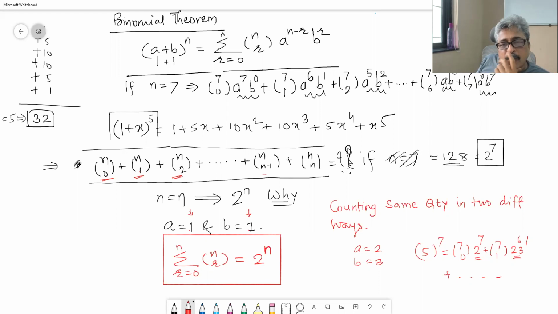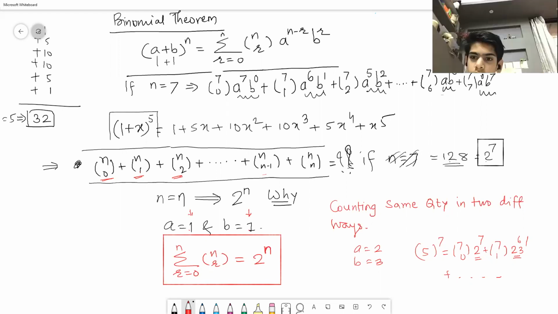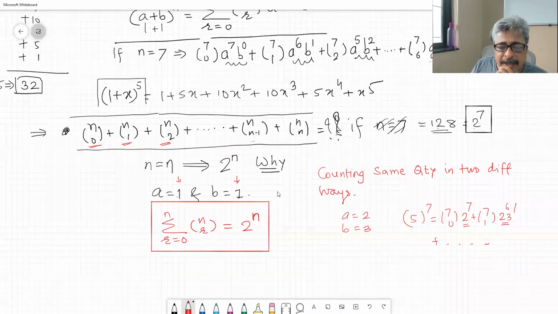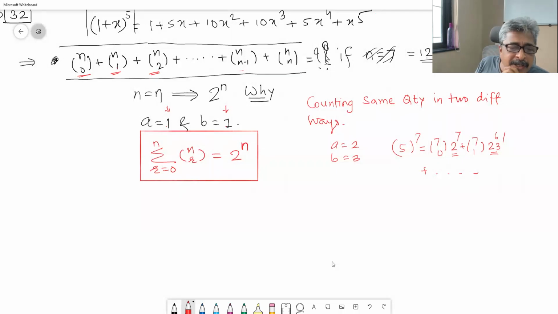Okay. Now, we wish to give one more proof for this identity. What is the identity that we are discussing? This identity. We wish to give one more proof